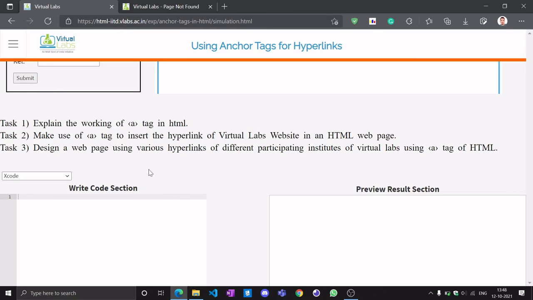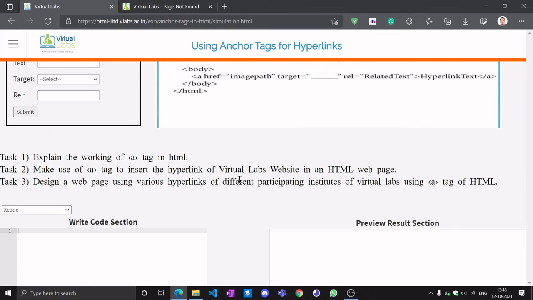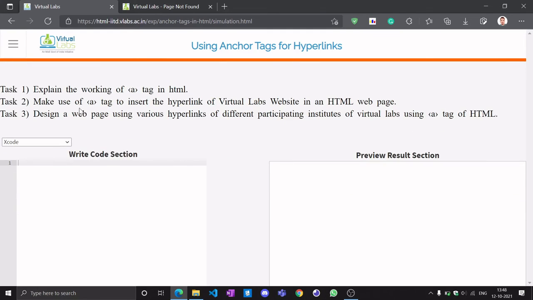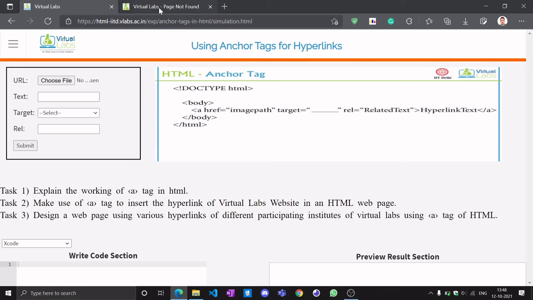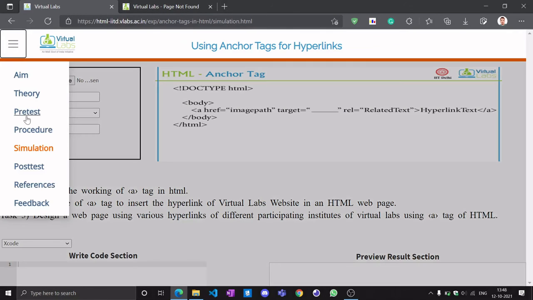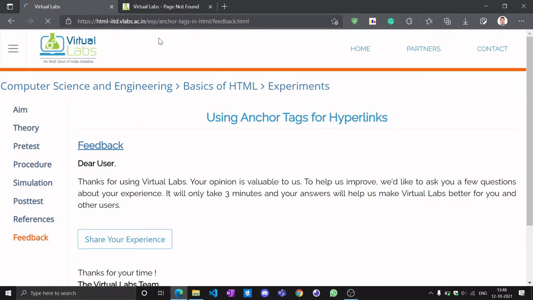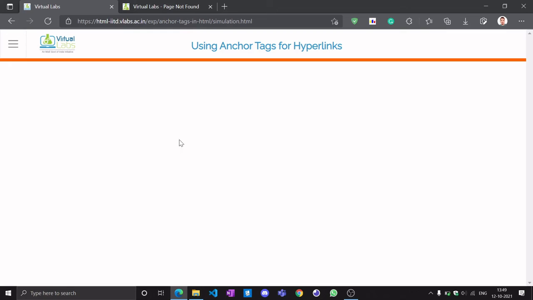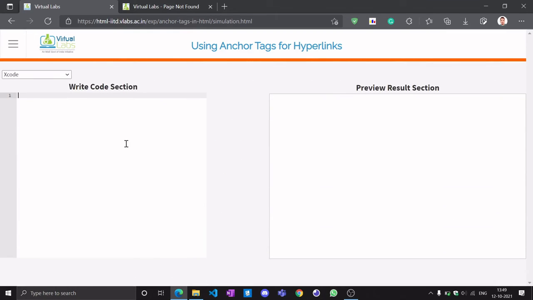Explain the working of the anchor tag. The anchor tag is basically used for redirecting to other pages, or some same pages in our local website, or some other website. We have to use the anchor tag. So make use of the anchor tag to link virtual labs in the HTML page. Okay, so we will make this feedback page. Let's copy this, and let's redirect to this page using the anchor tag.